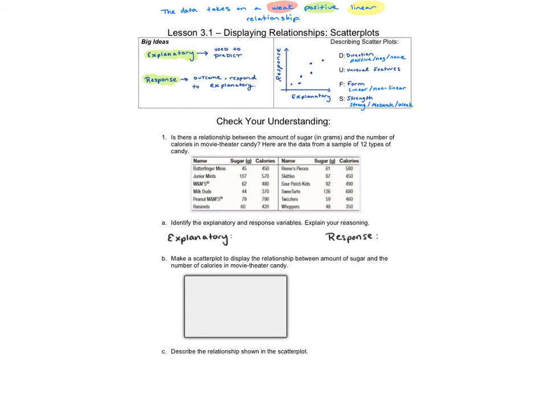In this video, we're going to go over the Check Your Understanding from 3.1, displaying relationships, specifically scatter plots. So it says, is there a relationship between the amount of sugar in grams and the number of calories in movie theater candy? Here are the data from a sample of 12 types of candy. So we have the different candies, and you're given the amount of sugar in them in grams, and then the